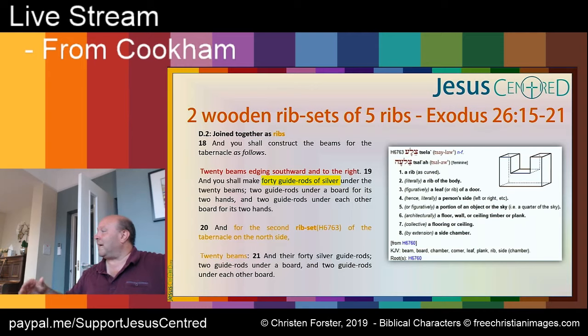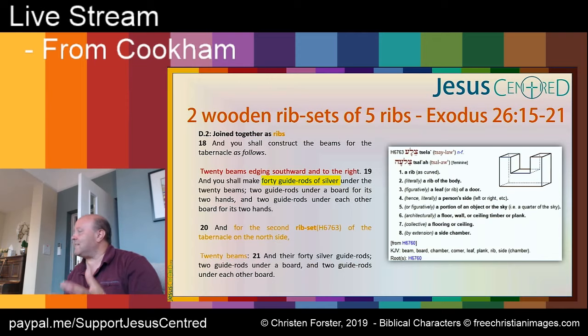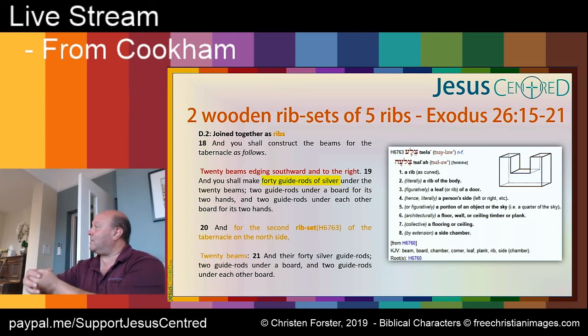I give you my opinion, but actually that's also guidance. Does that make sense? So it actually has a directional element to it. The Hebrew word has the idea of direction to it. And so that's why I've gone for translating it as guide rods rather than sockets, because there's nothing in the Hebrew that implies sockets. The only reason it's sockets is because they've translated the female hand as a tenon, which needs a socket to go into.